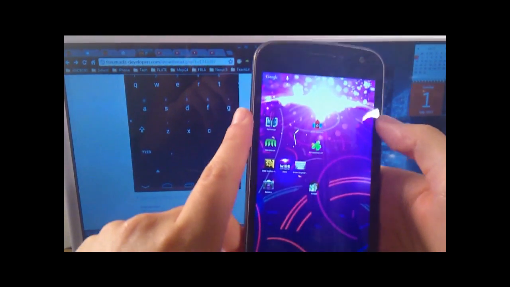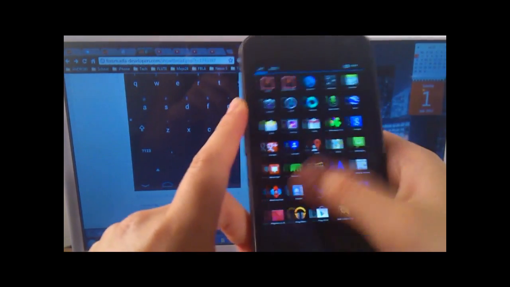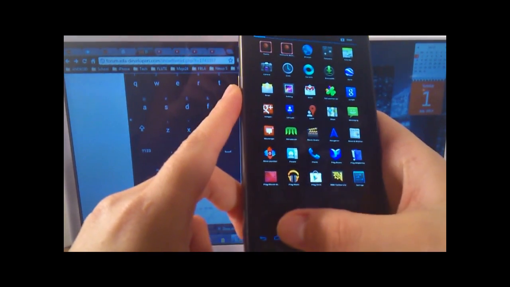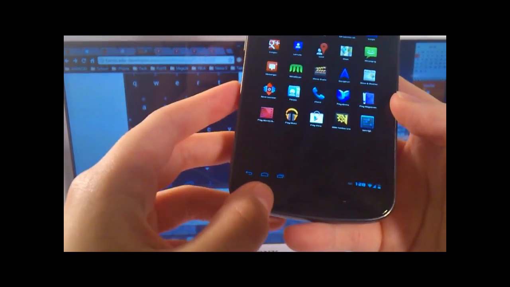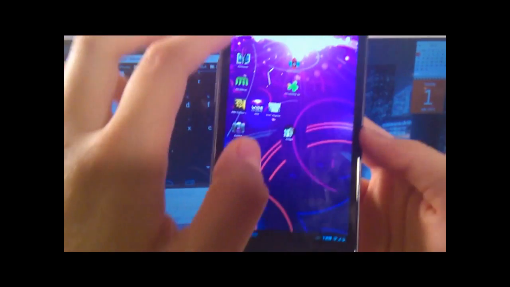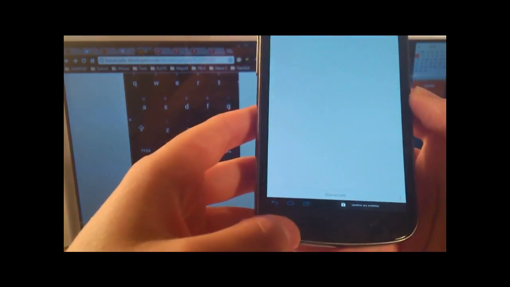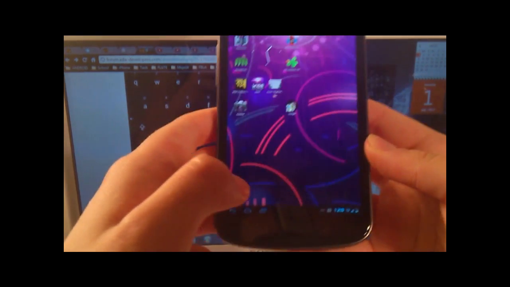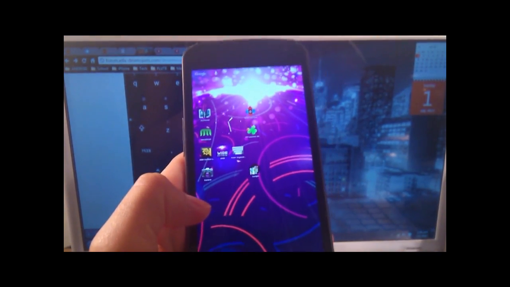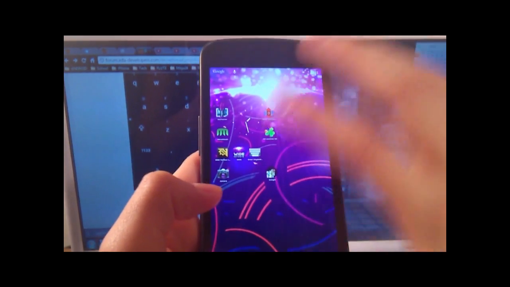Our app drawer is moved to the top. And then our navigation buttons are moved to the side. And we have Google search on the top as well. It's so tiny. So what we have to do is, now you're going to thank me for having the keyboard